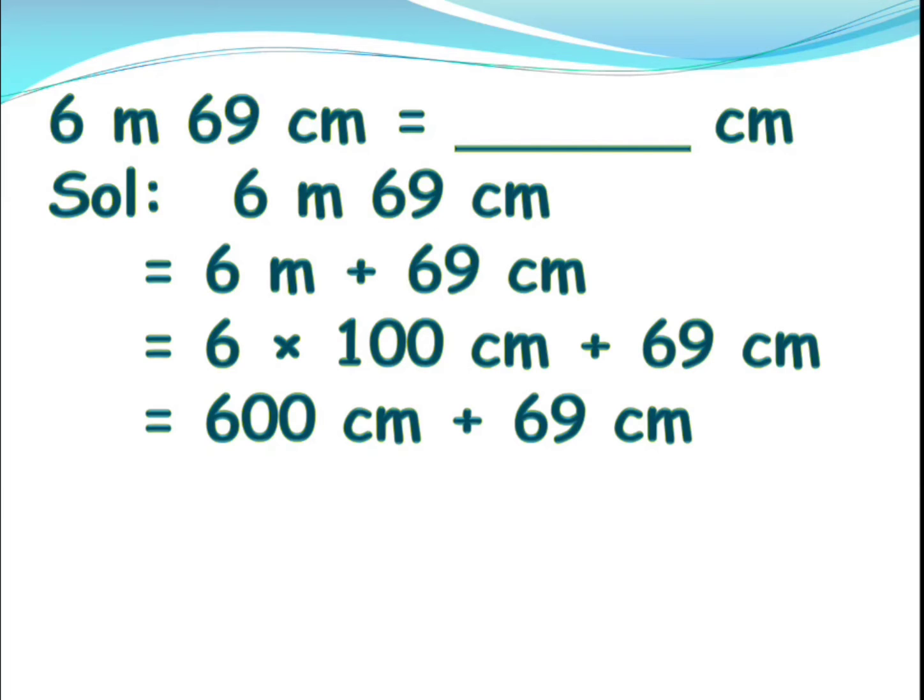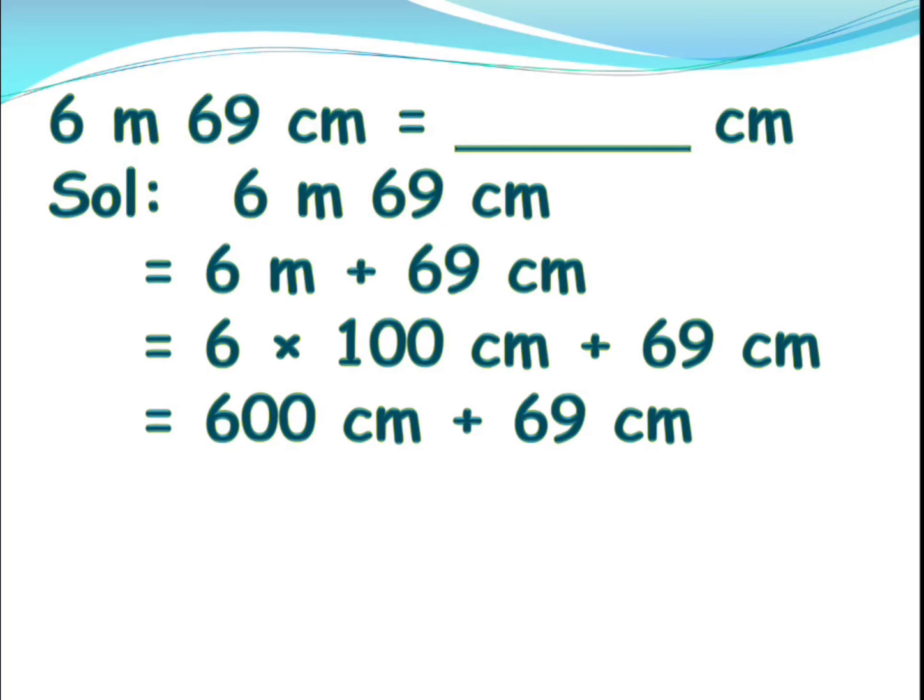Do remember, children, when the units are different, even though it is length, but if you have one big unit and a smaller unit, then we can't add, like 6 meter 69 centimeter. Even though it is length, we have written meters and centimeters separately. But if you have both centimeters or both meters, then you can directly add them. Okay, 600 centimeters plus 69 centimeters, both have centimeters only as units, isn't it, children? So we will simply add it and write it.